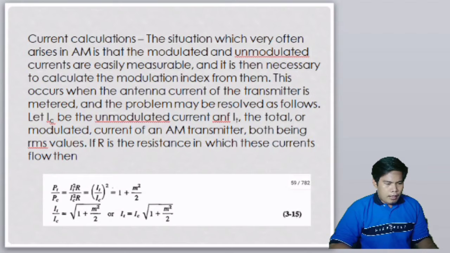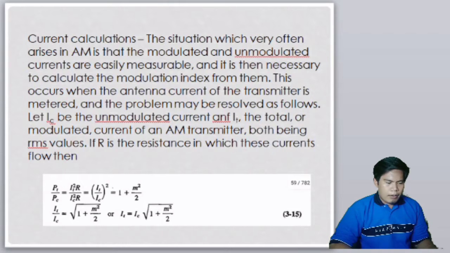Let IC be the unmodulated current and IT the total or modulated current of an AM transmitter, both being RMS values. If R is the resistance in which these currents flow, then